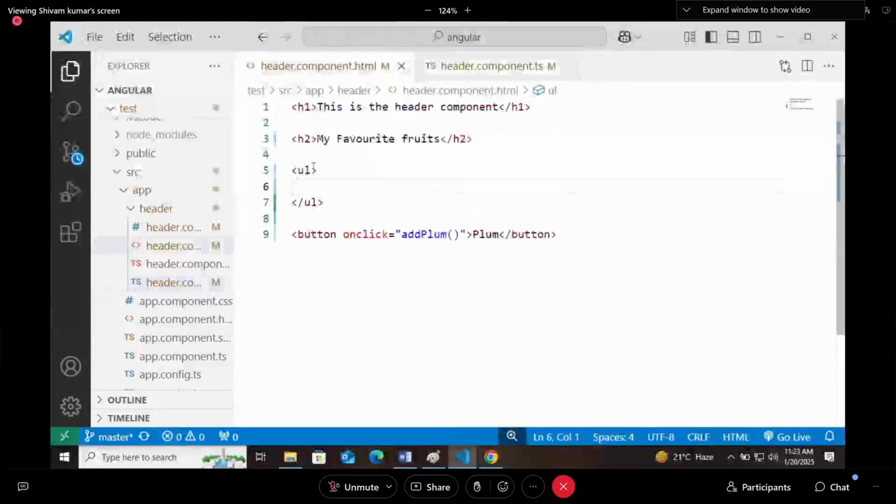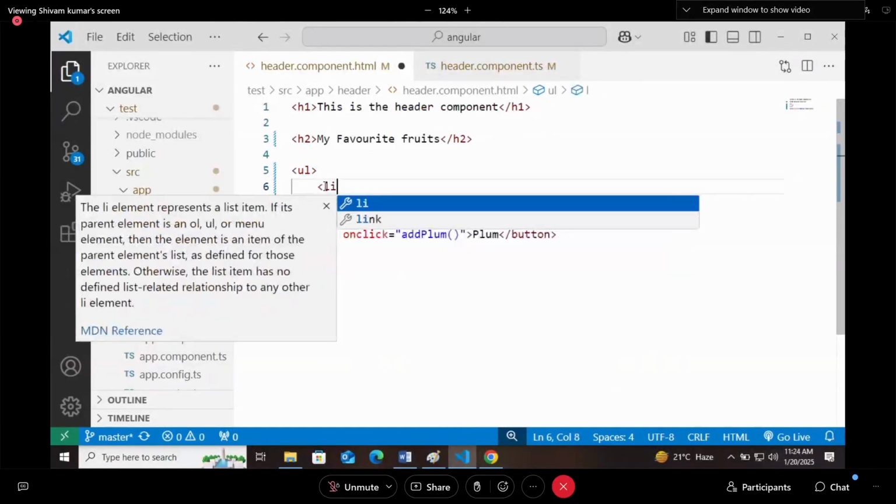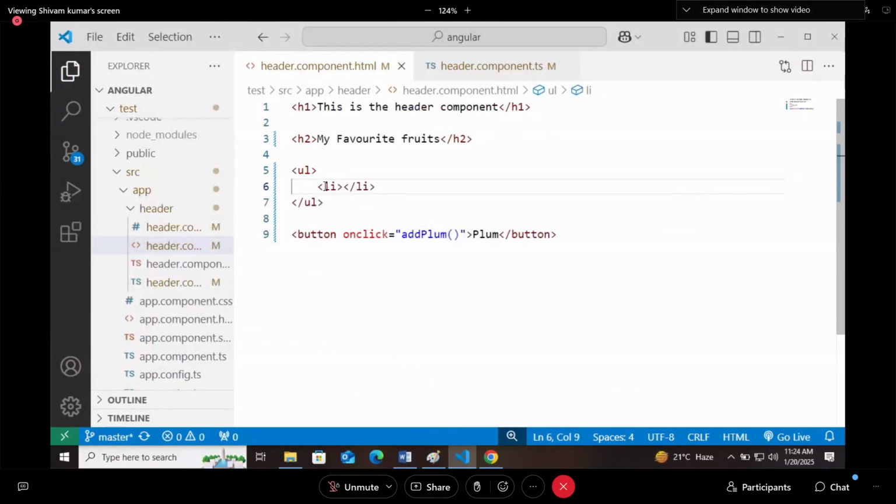After that, here I will create an unordered list, simple, and then I will create a list item. Now, what you need to write in this list item is asterisk ngFor, it means you are running a loop here.